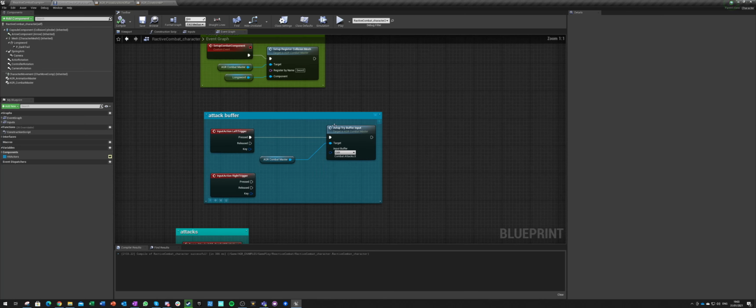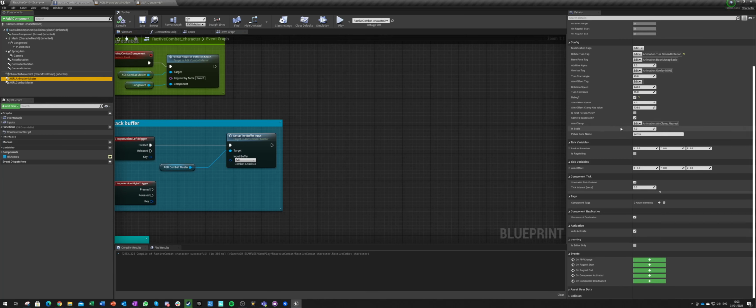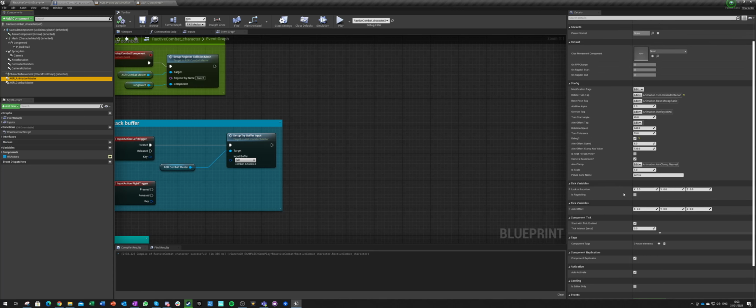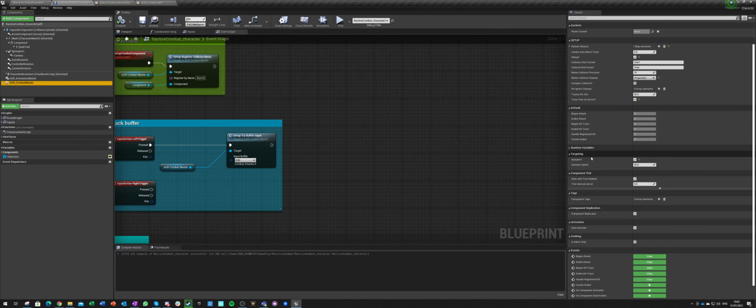When we are attacking, we're doing this attack already. But now we'll do one more thing. We'll go to our combat master, and we have some auto aim setup. So we have auto aim, automatically turn on, and auto aim speed by 20.